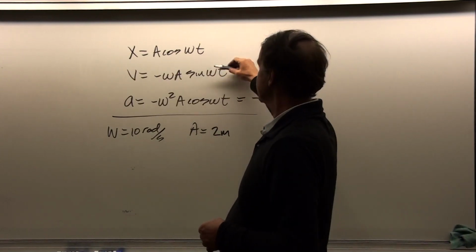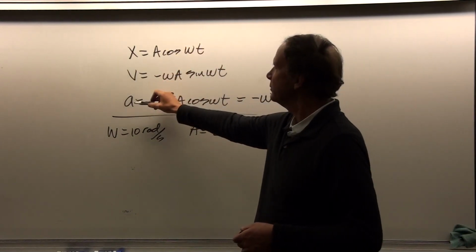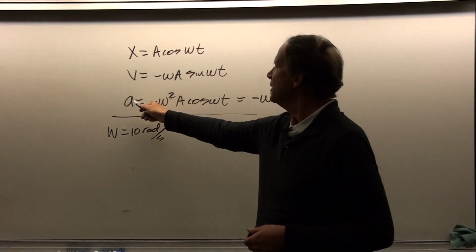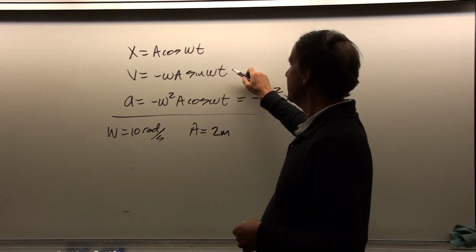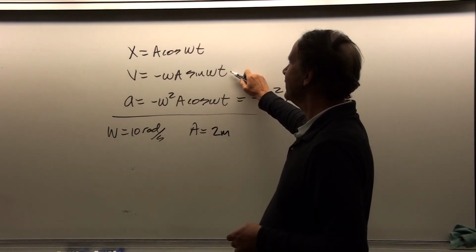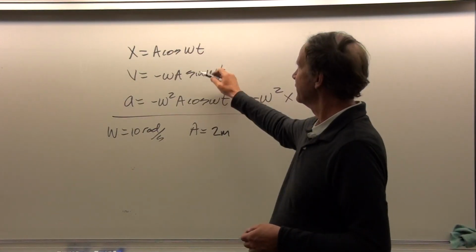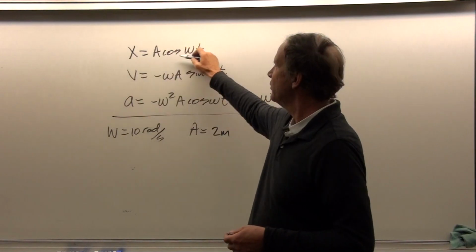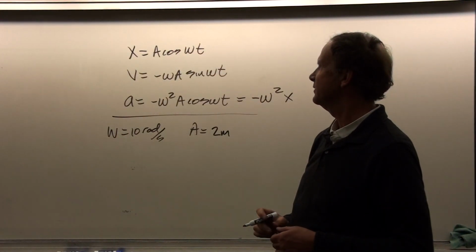So we have these three expressions from before. And notice that all three of them can be written as functions of time, but the acceleration can also be written as a function of x. So it might be nice if we get the velocity also written as a function of x, so that if we didn't need to solve for the time, we could just know what the x value is and plug that in to get an expression for the velocity.